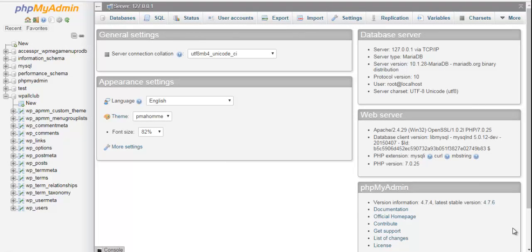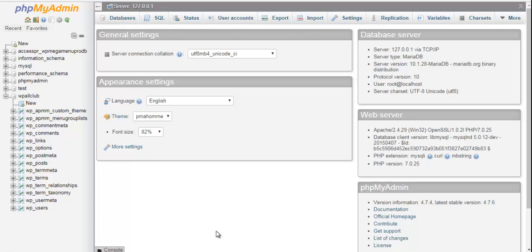In this video, we will be talking about how you can reset your WordPress password using phpMyAdmin. Now, to get started, you'll need to first of all go to localhost/phpMyAdmin. You'll be redirected to this page, and on the left hand side corner, you can see a list of